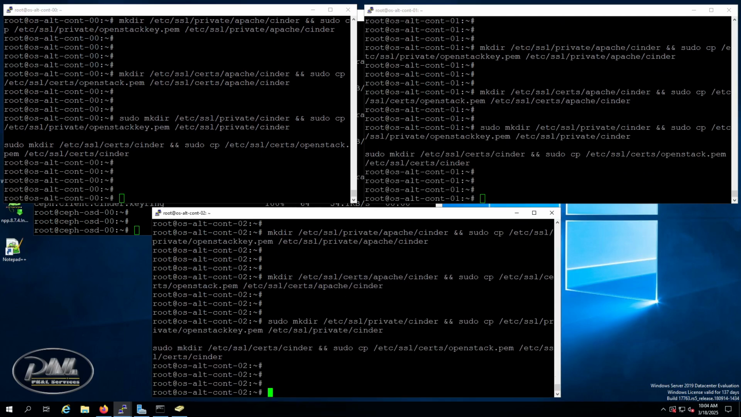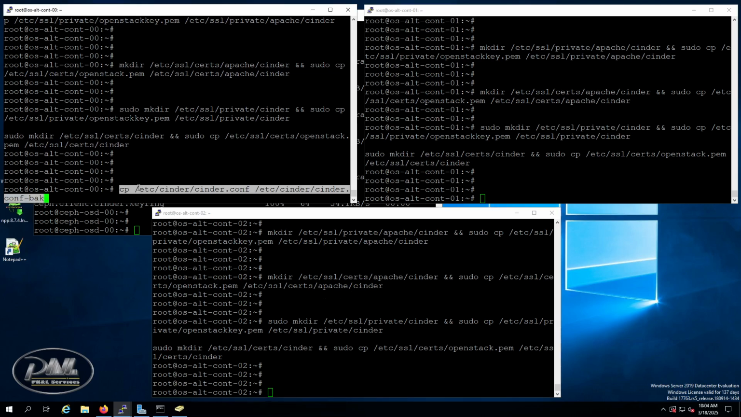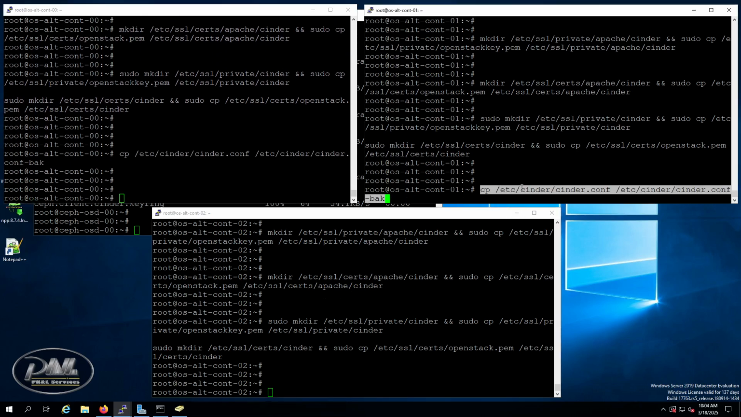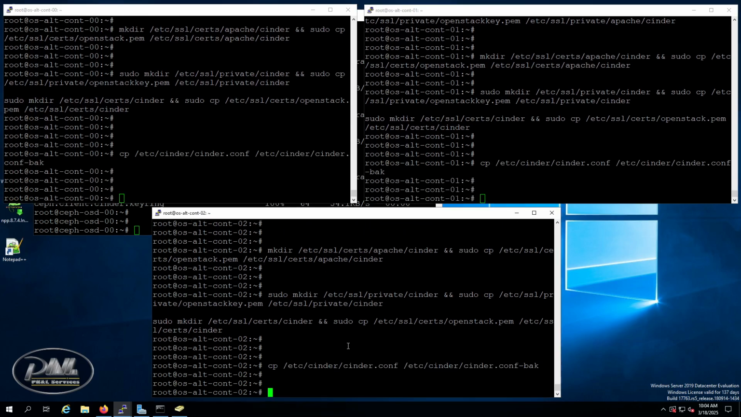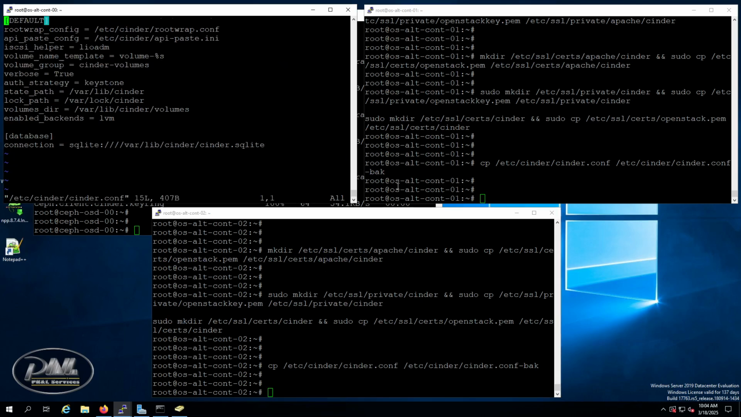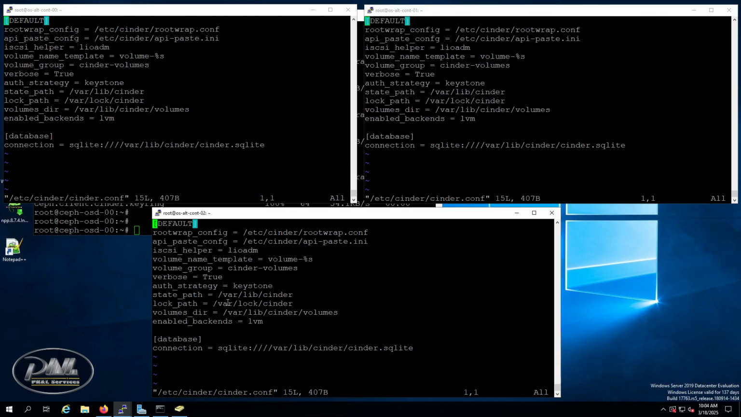Okay, so in case we made any mistakes, we can reconfigure the cinder.conf file. What we're going to do next is configure the cinder.conf file on all the controller nodes. So now